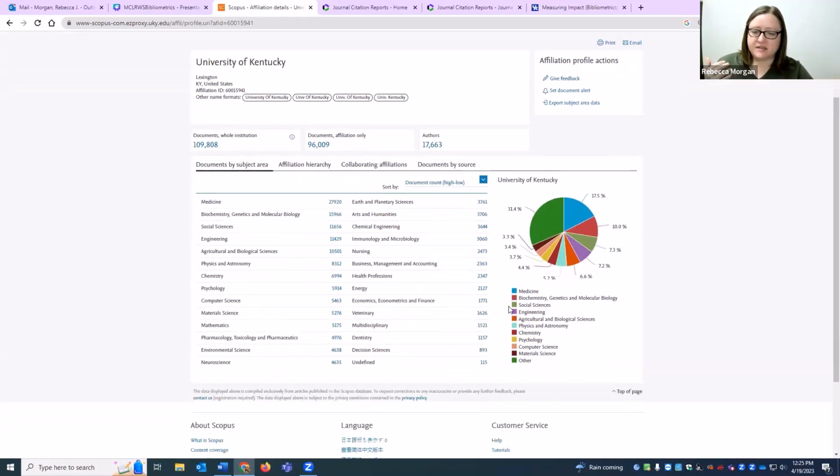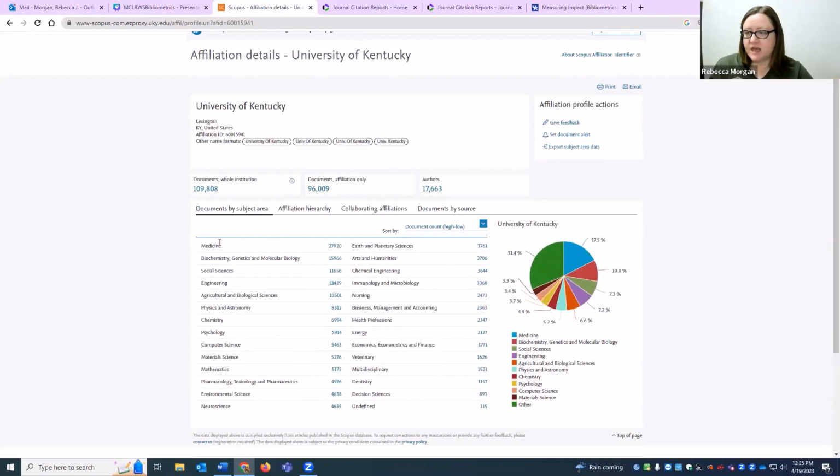And then you can see the breakdown of at least what's in Scopus. Remember, this is only analyzing data of information that is found in Scopus, so it might not include everything ever done by the University of Kentucky, or even by these departments. So you're only working with the knowledge that is captured by this database, but it provides a fairly detailed breakdown of everything, all the different topics it's published in, all the different disciplines. And you can also click directly into